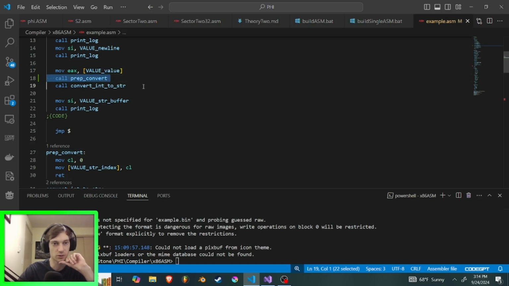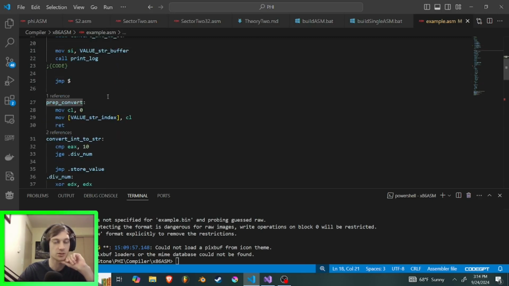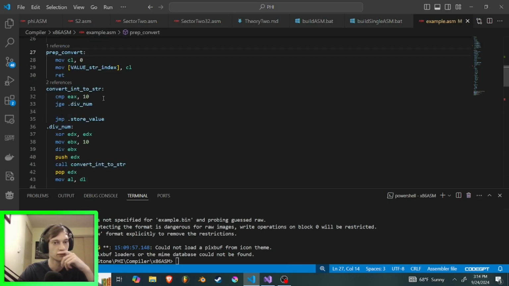We call prep convert, which is something I've added because you may need to convert multiple times, and so the index needs to be reset. This moves 0 into CL, and then it moves the 0 that's in CL into the string index so that value gets set to 0. So essentially it sets the index to 0. Convert into string